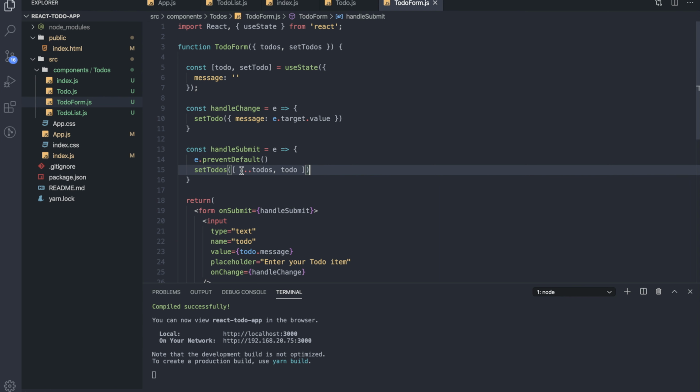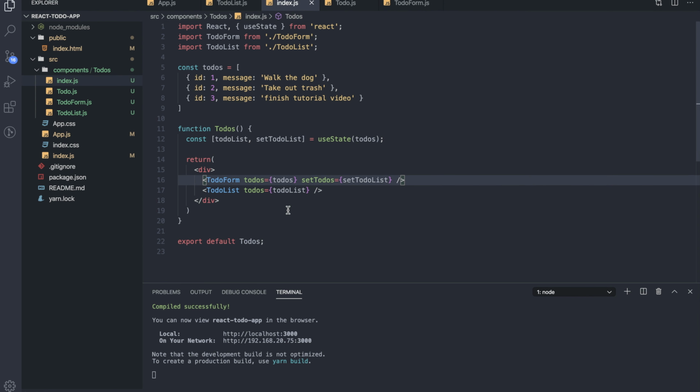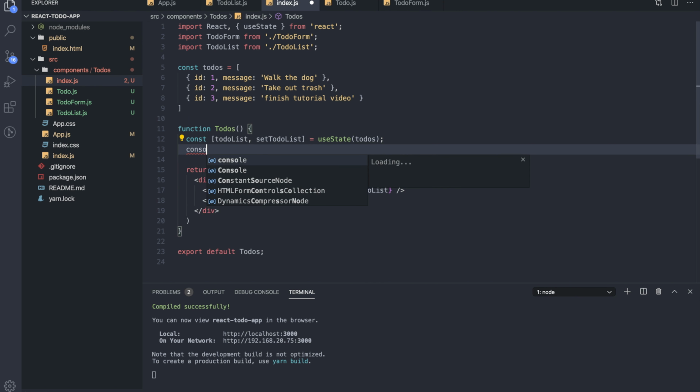So what this does is this spreads in everything that exists in that to-dos array already, and then adds the to-do that we've saved into state onto it. So what we can do to monitor what's going on here is we can, the old trusty console log,